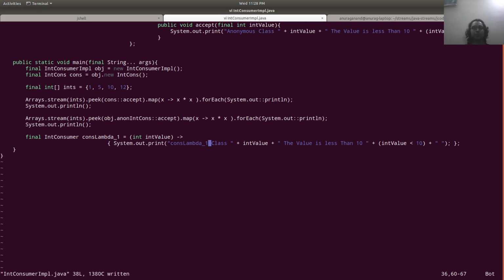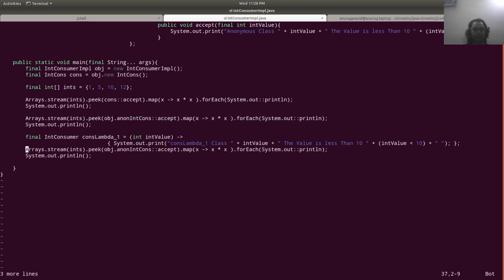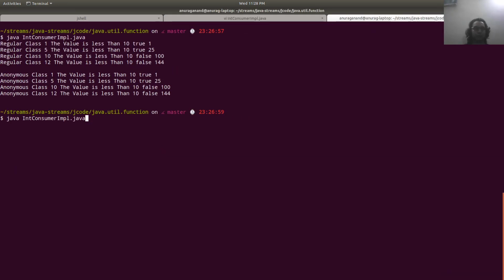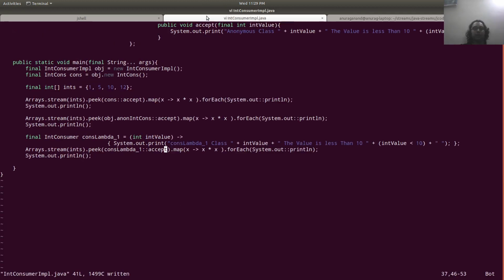This is going to provide the same behavior like above, and we are going to test this. It is going to work now. So we have provided the lambda where we are explicitly mentioning the data type of that integer value, and it is working.